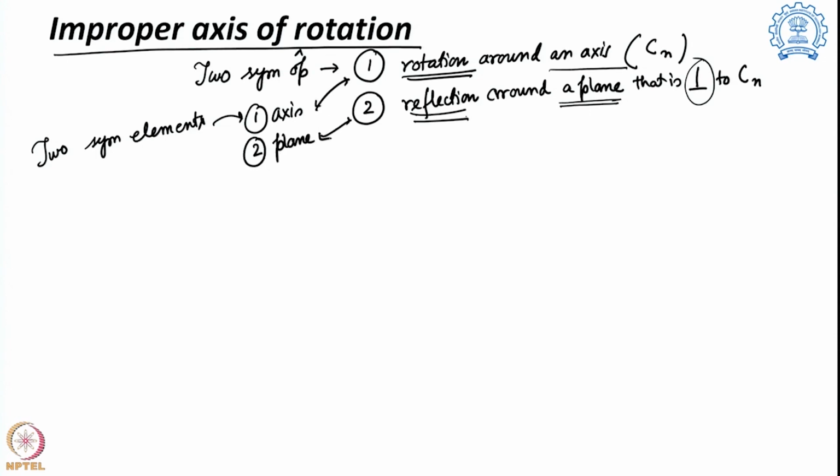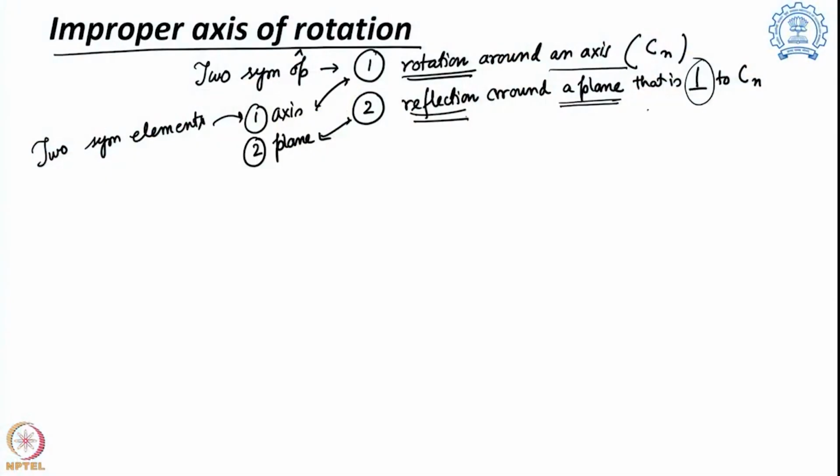So, we are going to do two of them together. If I am going to do these two operations, one is the rotation around an axis, another is a reflection around a plane, and if I get a similar looking molecule from the original, that means a superimposable and indistinguishable structure, only then we will say that we have an improper axis of rotation, and this is defined as Sn,